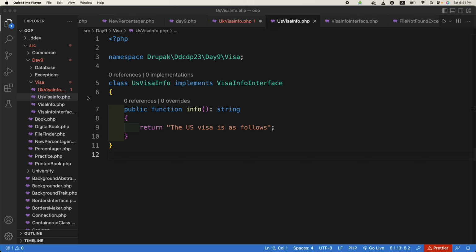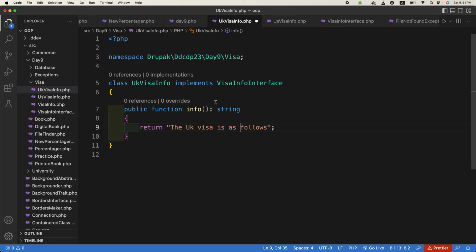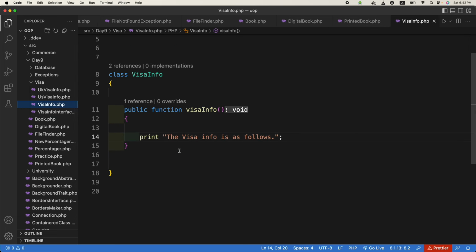okay, actually the errors we are getting, I thought this is what we have written, but this is just a suggestion, so we just need to double click it. That's it. It needed this string to be returned, that's why we were getting that problem of method is not in sync with interface. So now what we have done is we have created two separate classes, UK visa info, which has a method info, and US visa info, which also has a method info, and it just returns the text relevant to the particular country. And we have the main class of visa info, where we are printing just a generic message